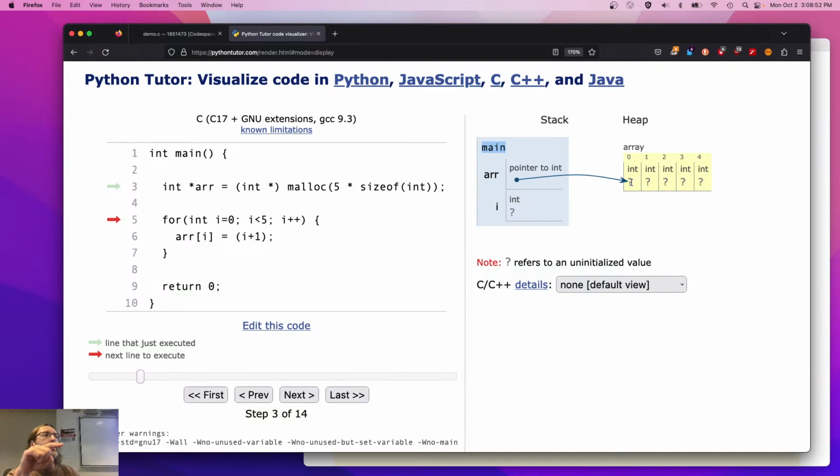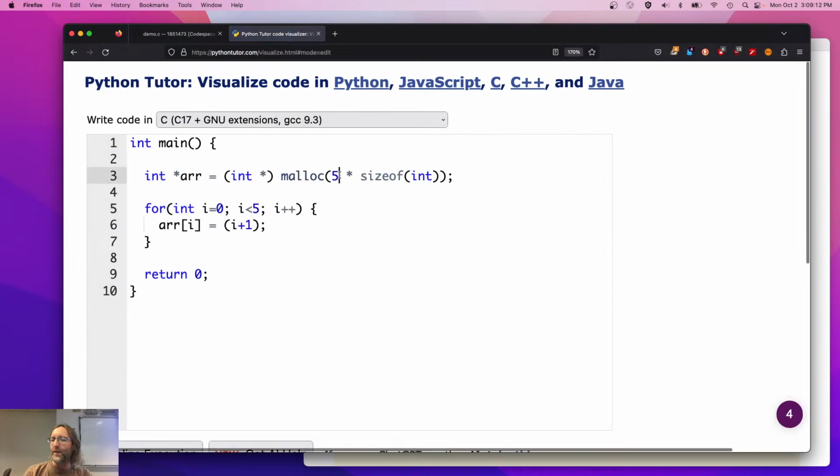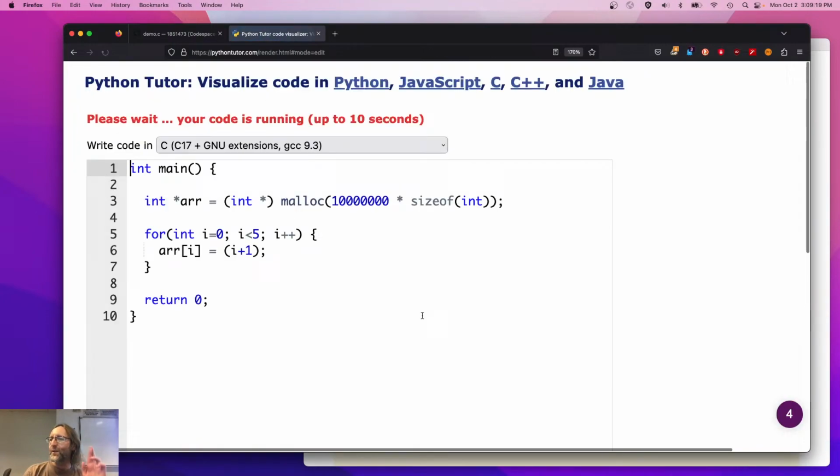Now, when we covered pointers, I remember it pointing to one thing, right? That's not the only thing the pointer can do. Now a pointer is pointing to the beginning of 5 things, or the beginning of 10 things, or the beginning of 1,000,000 things, 10 million things, right? I wonder what it would look like if I did 10 million. It'll certainly work, but